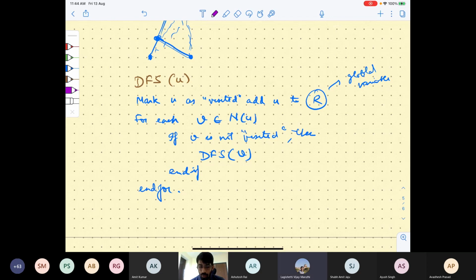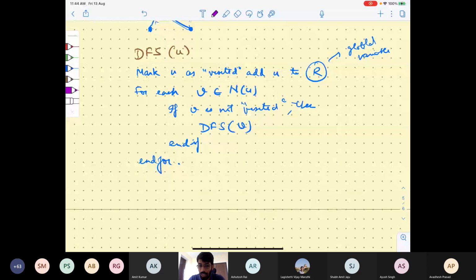We are asking if it is visited. Again, we are adding it to R. Why are we adding it to R? So R is just a set. You are marking a vertex visited also, it's a similar thing. Fine, you can add it to R. So why are we adding it to R? A simple answer can be that later, if you need to check whether some vertex belongs to the set or not. So, for example, ST connectivity. If you want to solve it using this procedure,